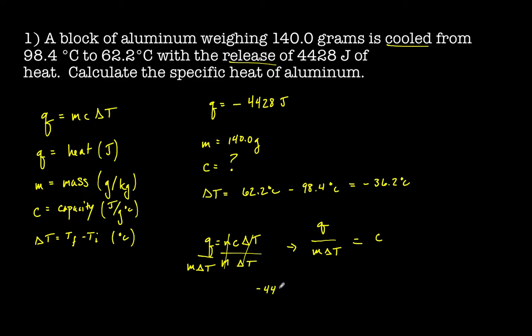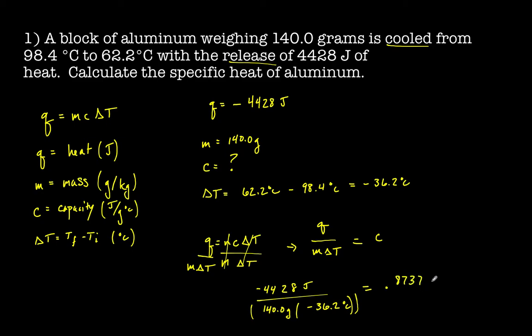Negative 4,428 joules divided by our mass, 140.0 grams, multiplied by our change in temperature, negative 36.2 degrees Celsius, close parentheses. Now, if you are plugging this into your calculator, you do have to be specific by saying that most of the time these bottom values, you have to either multiply them first or you have to plug them into parentheses. If you do that accurately and you solve everything, then you should get a calculator answer of